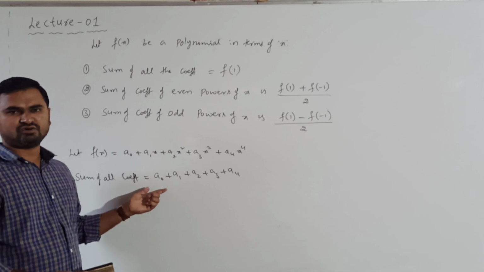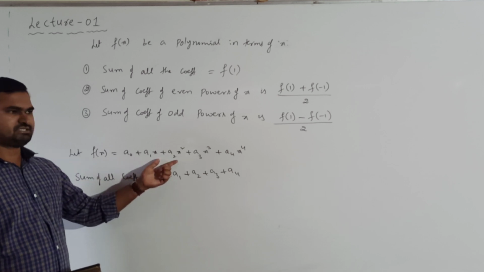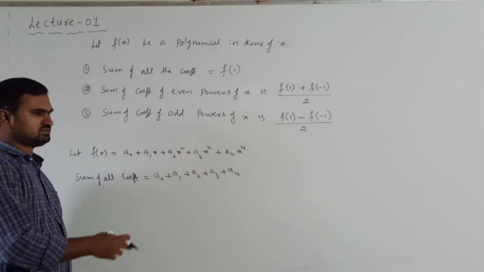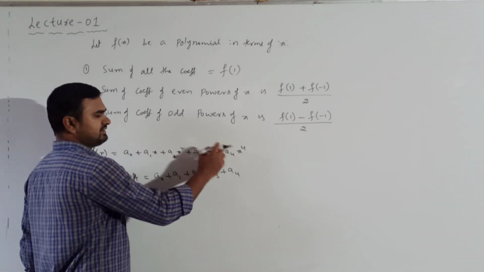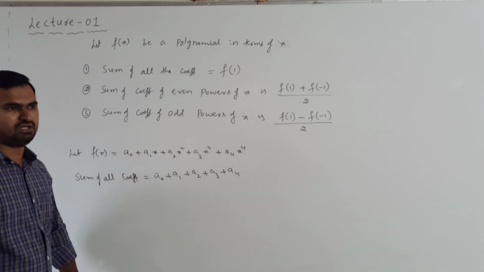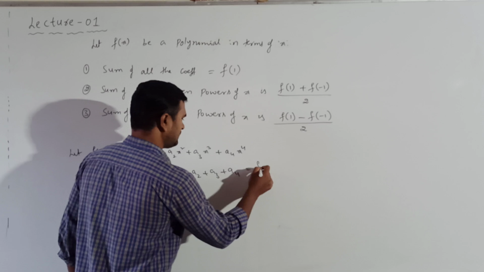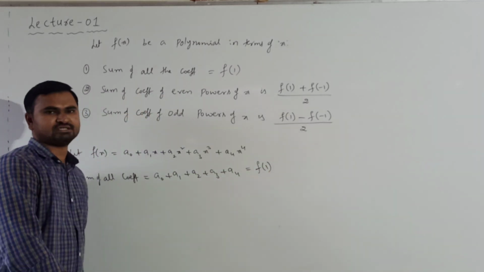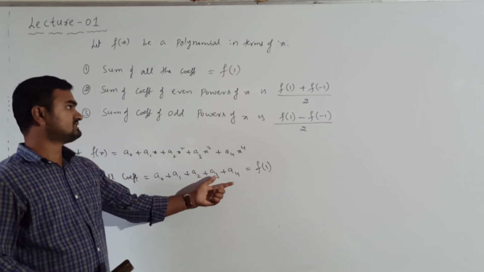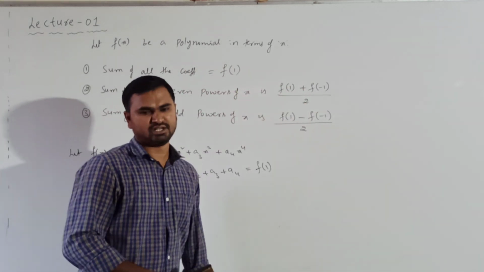How to obtain the sum of all these coefficients whenever f of x is given? Not only in this expansion, in any expansion given. What I have to do is replace x with 1. Just replace the variable with 1, then we get the sum of all the coefficients. Replacing variable x with 1 is nothing but f of 1. So this is the formula for finding the sum of all the coefficients. Replace the variable with 1.